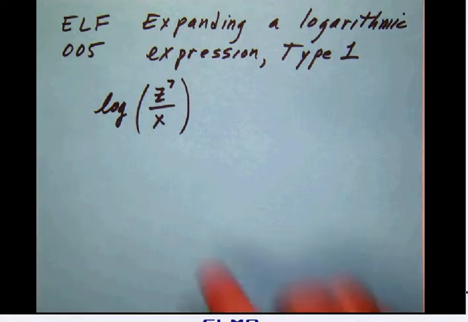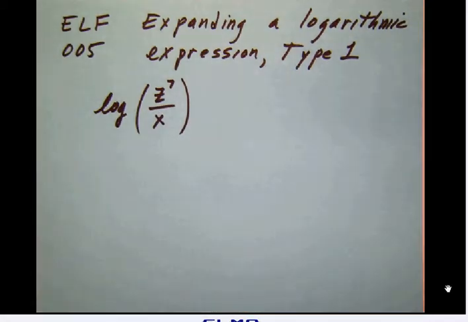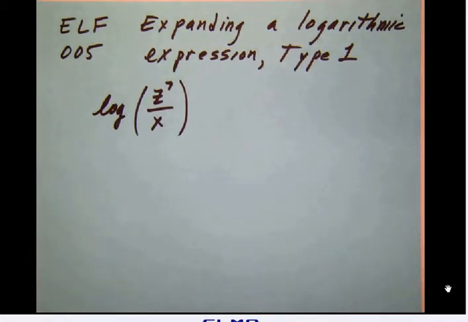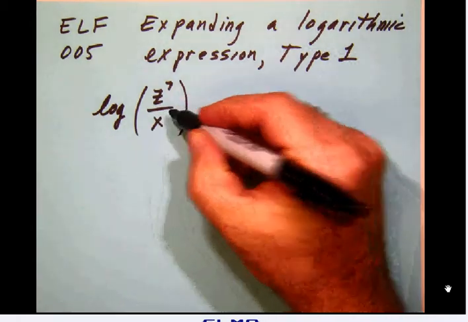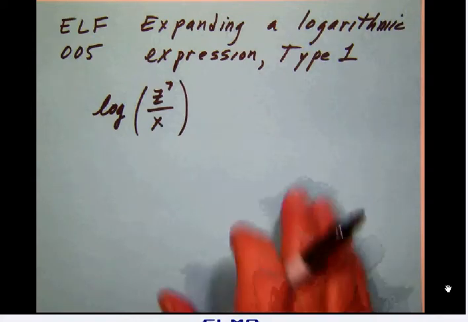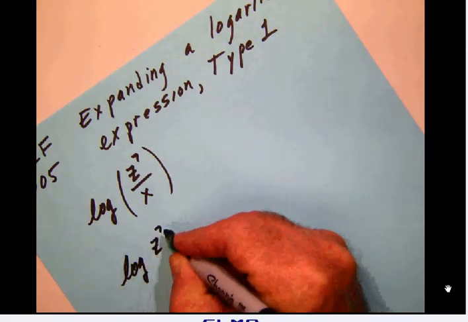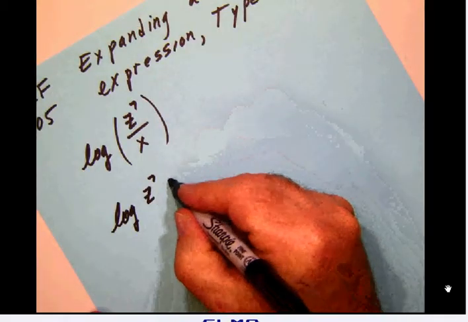First of all, notice that we have the base 10 because there is no base specified, so these are base 10 logs, and the first thing that we're doing is that we're dealing with a quotient. We're dividing. So if you remember the rules of exponents, that when you divide you subtract the exponents. So what we're going to do then is to write a step. We're going to have the log of z to the 7th, and from that we are going to subtract the